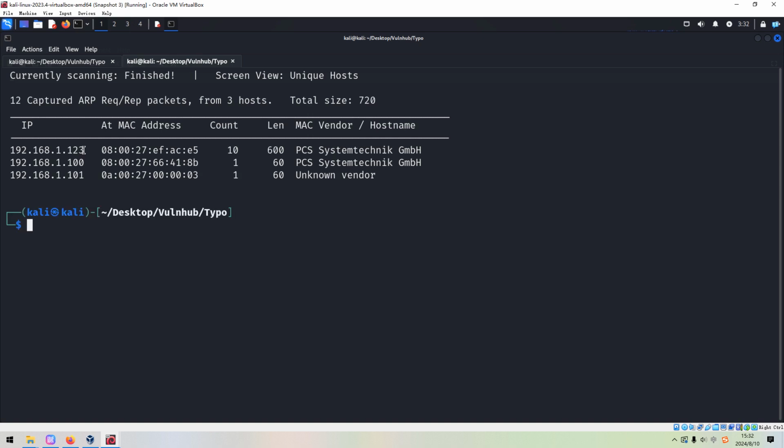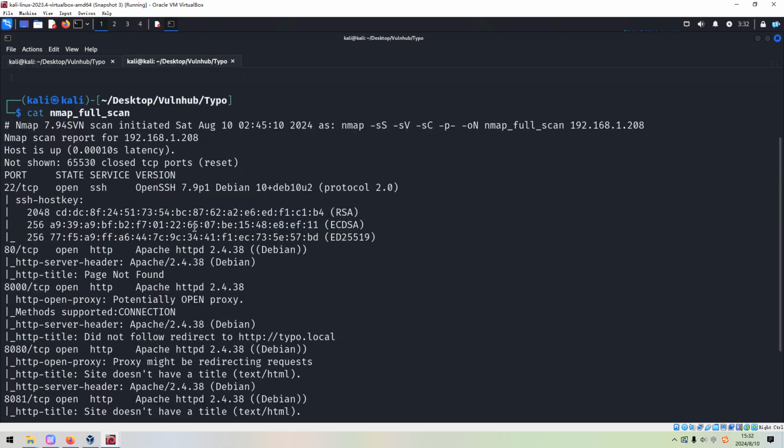So what are we going to do next? We need to do the port and service scanning with Nmap. To save time in this video, I've already completed it before, so for now we just get out its result. As you can see over here, I used the options like SYN scan, the version scan, the default script scan, followed by -p- to do the full range port scan. The last option of all is -oN to output the result into this file. Although, as you can notice here, the IP address has changed from the first time when I did the machine.